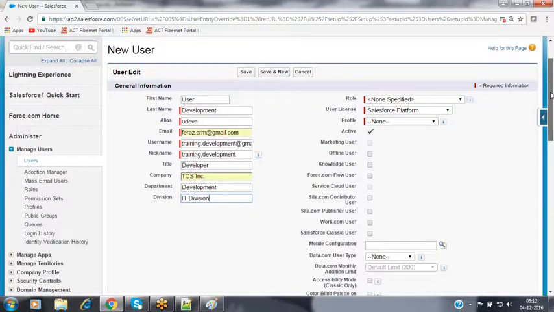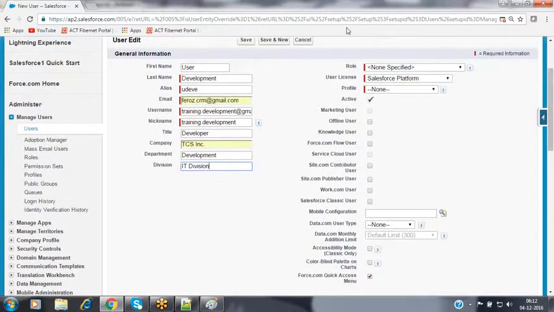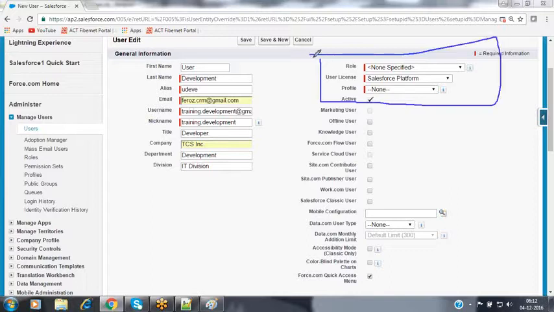Now this is the actual place where we have to assign the profile. When coming to the fields, three fields are mandatorily visible to you over here. One is the role, which is also in red color, nothing but mandatory, then license, and the profile.